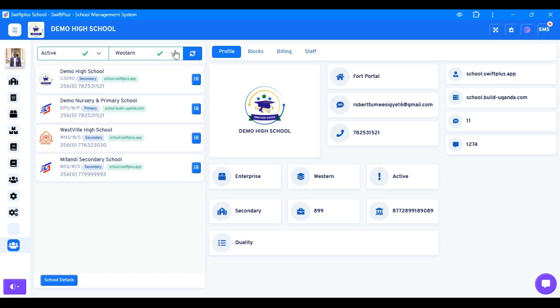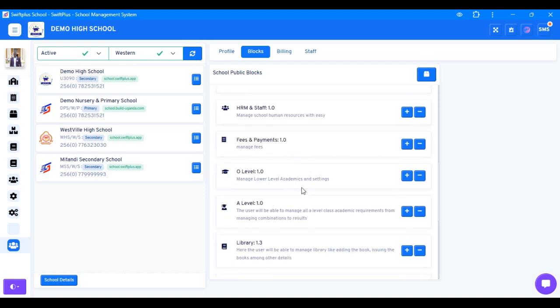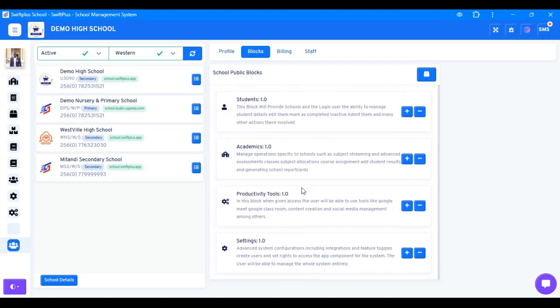running from. And then the other thing is when we come to blocks, after we've added our school, we'll come and click here, and then we do load and view. So when you load and view, then these blocks here will have to load based on the ones you have access to. So these blocks you can add or remove. So when I click on add, if it is already there, it will tell you that the school has access to that block. And then when you choose to